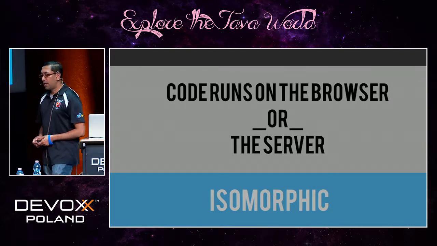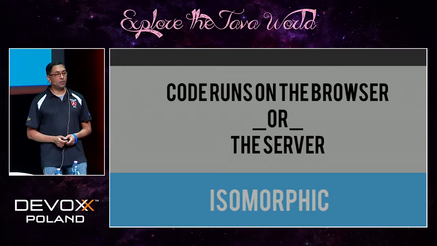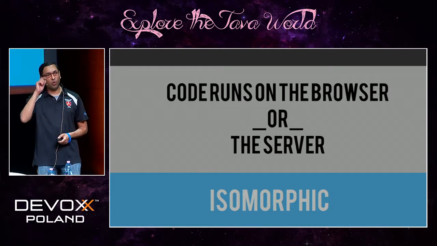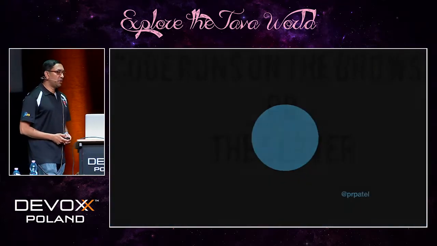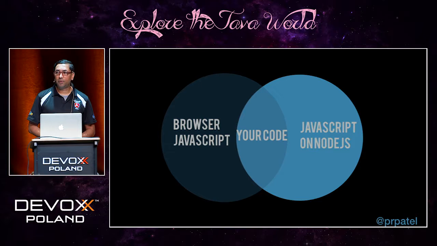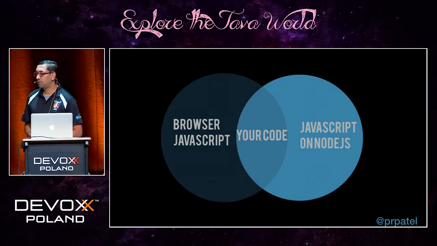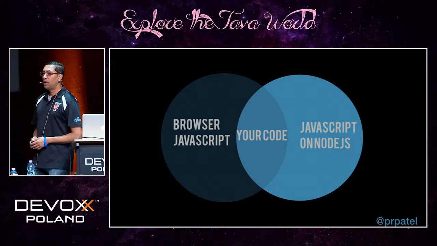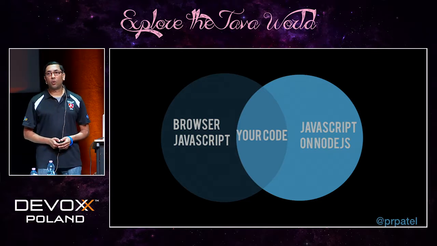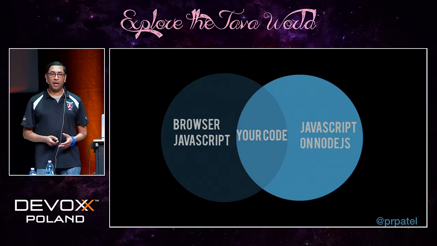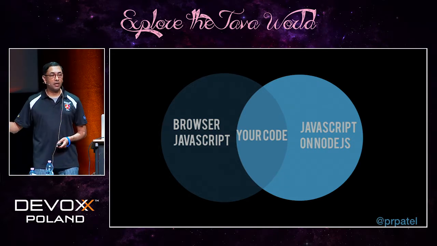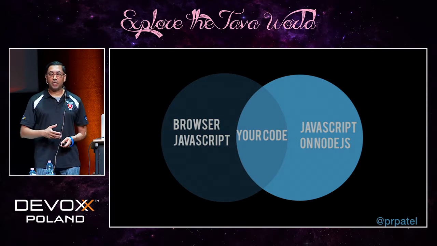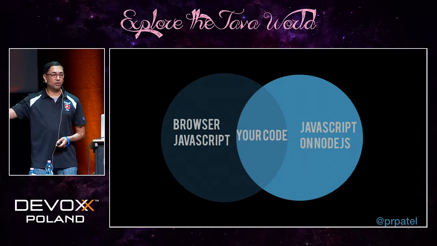So one of the things that React brought to the mainstream is this ability to do isomorphic, or what is now called universal rendering. That means when you write a React application in JavaScript, you have two different options in terms of where you actually run that code. You can run it on the server, or you can run it on the browser, or you can mix and match. So if you have a React component, isomorphic rendering means that you can take that code and say, I want everything to run on the front end in the browser,